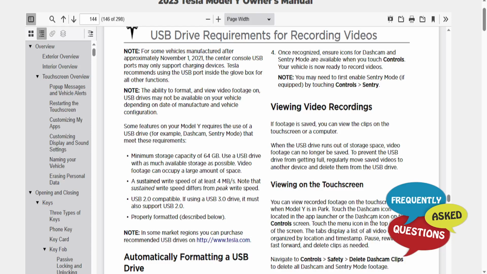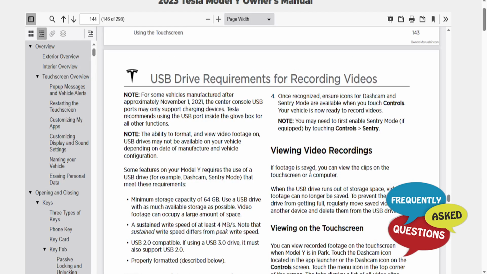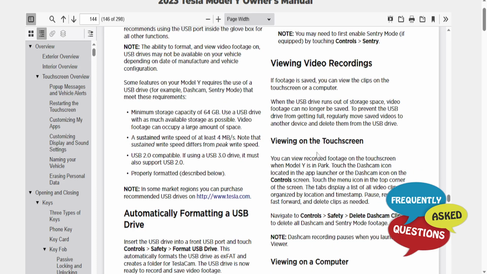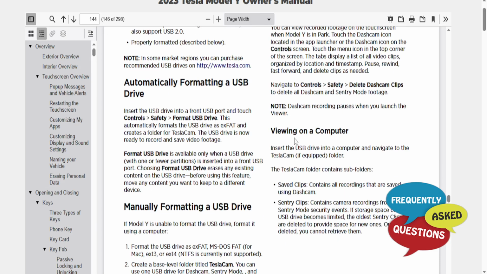Hey guys, in this video we're going to go over how to access your Tesla recordings for your camera, your dash cam, or even your SENTRY recordings. We're here on page 144 of the Tesla manual. And right here, as you can see, you can either view this on a computer or you can view it